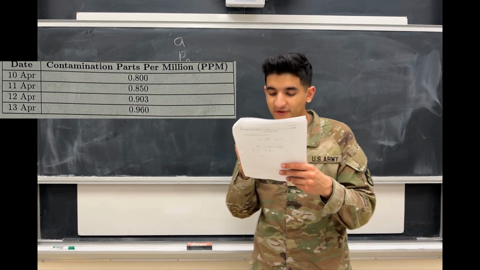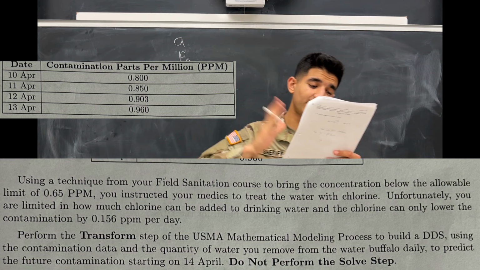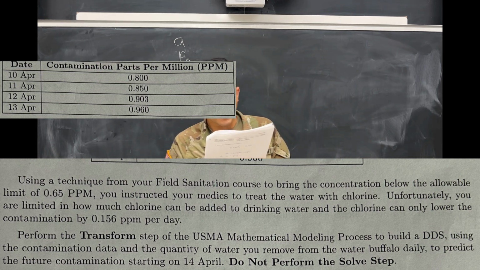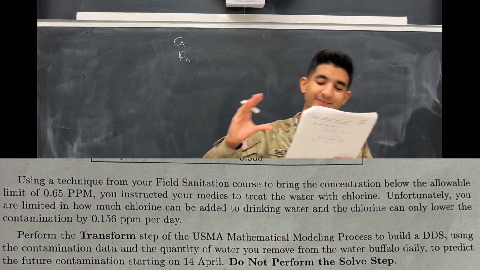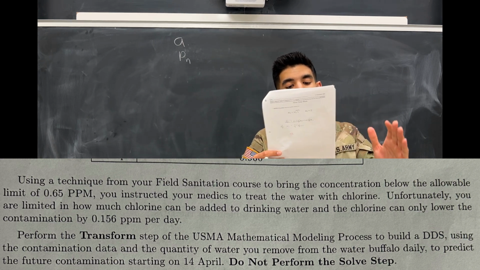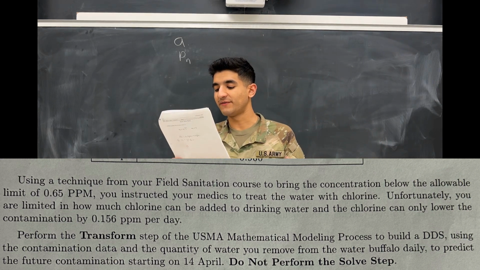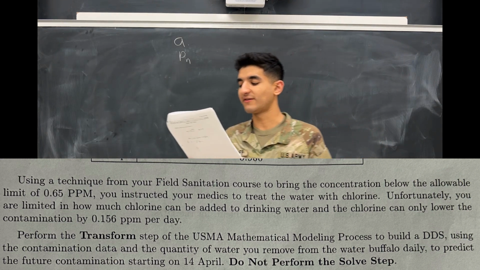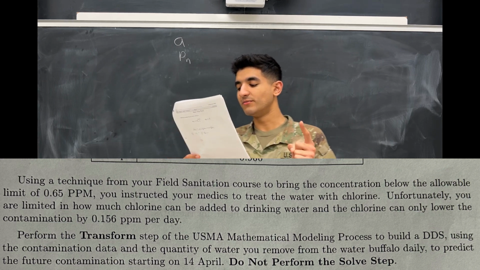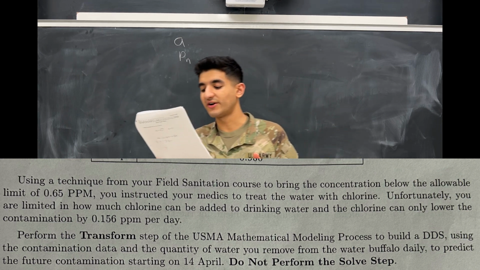Using a technique from your field sanitation course to bring the concentration below the allowable limits of 0.65 ppm, or parts per million, you instructed your medics to treat the water with chlorine. Unfortunately, you're limited in how much chlorine can be added to drinking water, and the chlorine can only lower the contamination by 0.156 ppm per day. Perform the transform step of the USMA mathematical modeling process to build a DDS using the contamination data and the quantity of water you remove from the water buffalo daily to predict the future contamination starting on the 14th of